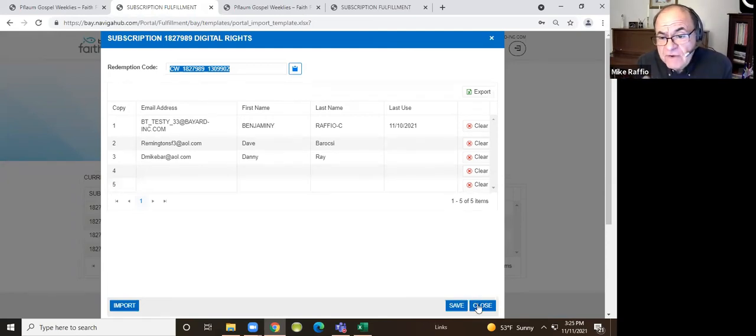Okay, so as far as your part as the administrator of these copies, your responsibility is to come here, click on digital rights, and decide, do you want to fill this form out or do you want to send the code? In either case, whichever decision you've made, you simply have to communicate to the parents the instructions. And again, in the digital guide, if you're using the code, there's a sample letter that says, here's what to tell people if you're going to give them the digital code. There's also a sample letter for the people who you've actually registered online.